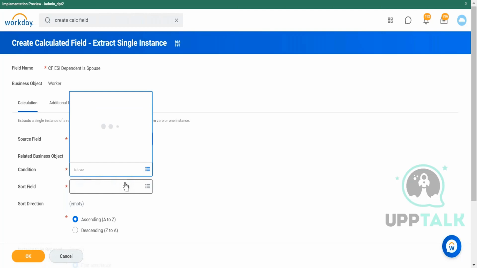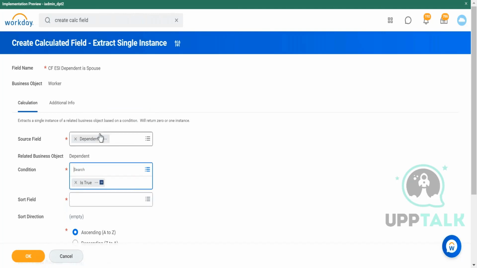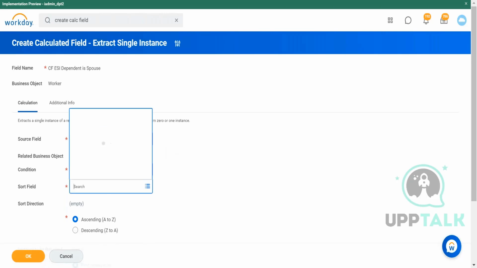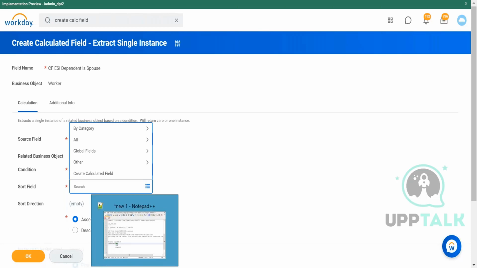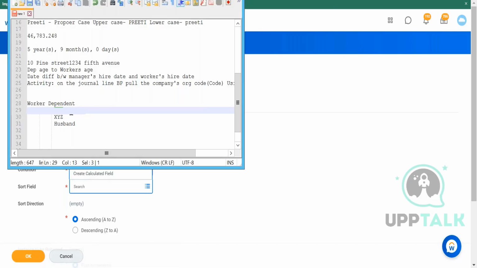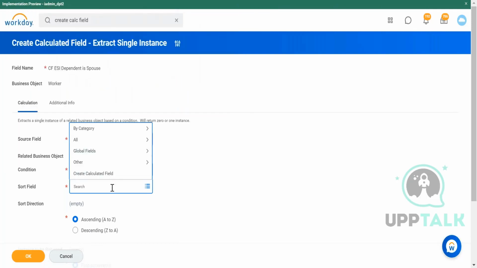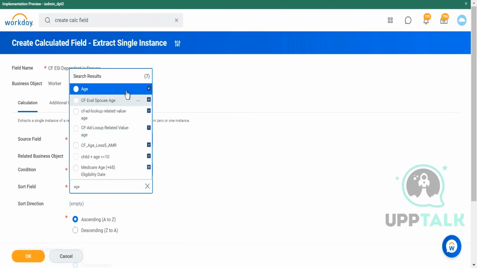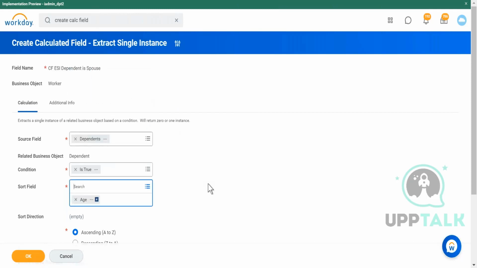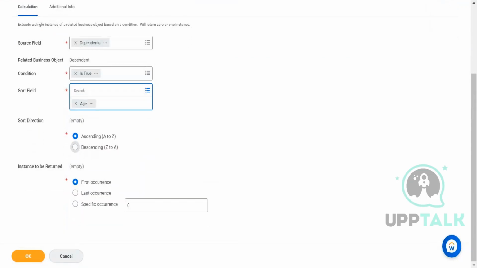So I will just say condition is true. That simply means it's a condition you fill when you don't have a specific condition. Sort field is nothing. Or suppose they had said, pull me the dependent who happens to be eldest in age. Okay, pull me the dependent. So I would have put the sort field to be age here. I want to sort the dependents based on their age,